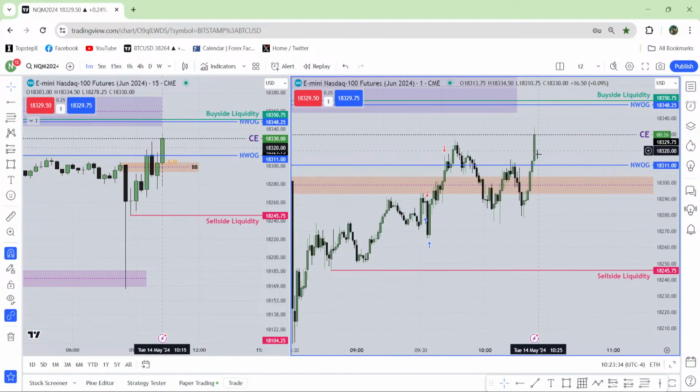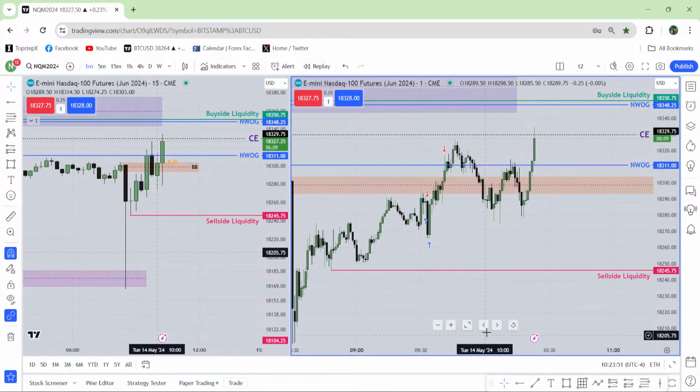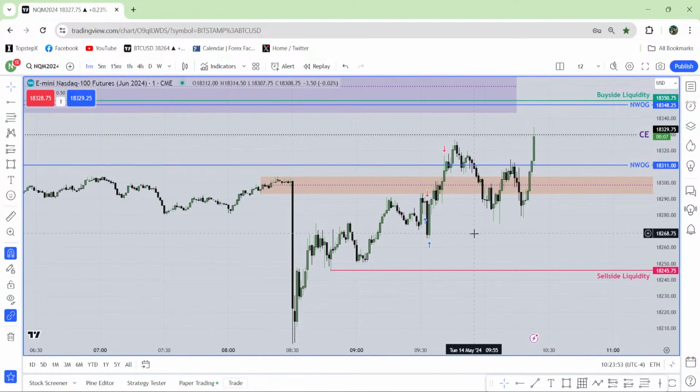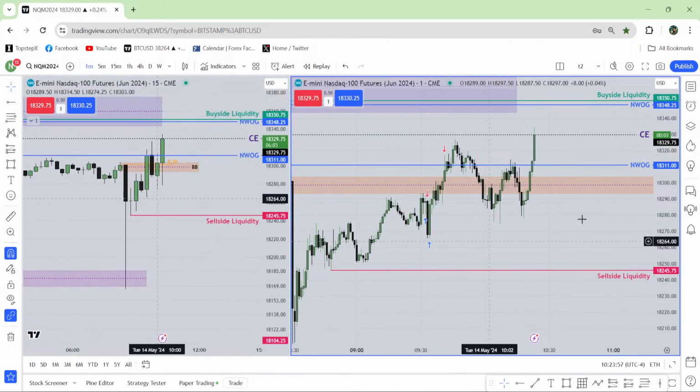Now maybe the market will never come back to this entry fair value gap. This is the entry fair value gap, the last fair value gap or the breakaway gap. Maybe the market is not going to come over here within three candles. What am I going to do, chase the market? I'll never do that. I'll just let it go.